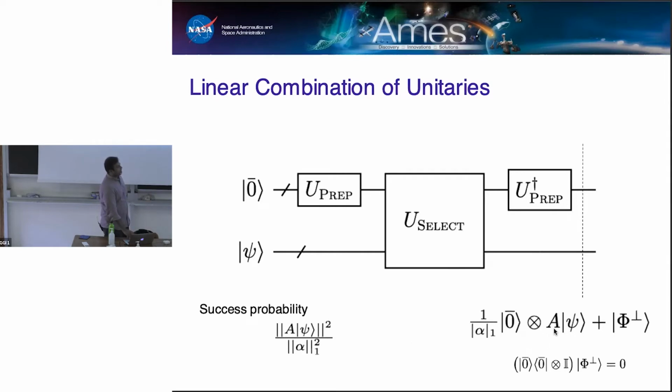So remember that A is the linear sum of the unitaries. And the other state, because I don't exactly know what the action was, but I don't need to know. It's just stuff I don't care about. The only thing I need to know about it is that this state is orthogonal to whatever this is, because if I apply the projector of the ancilla being in the zero state to that state, then it just projects it to zero. Okay. And the success probability.